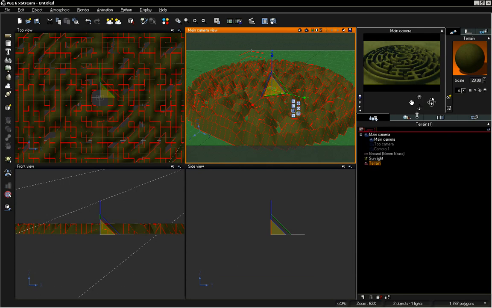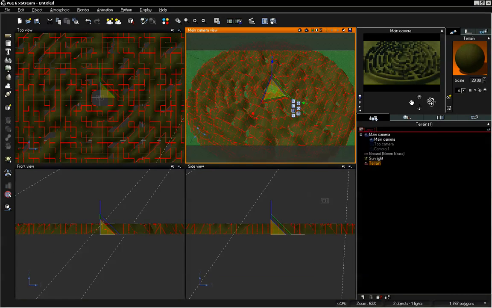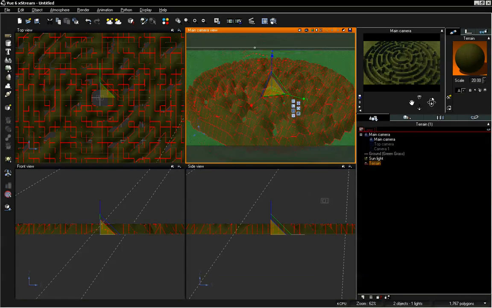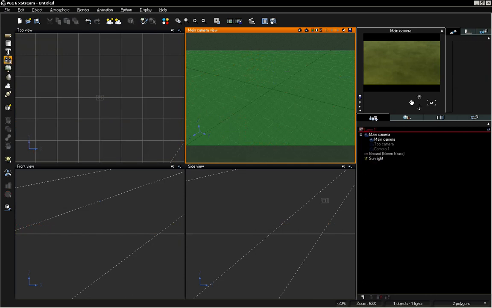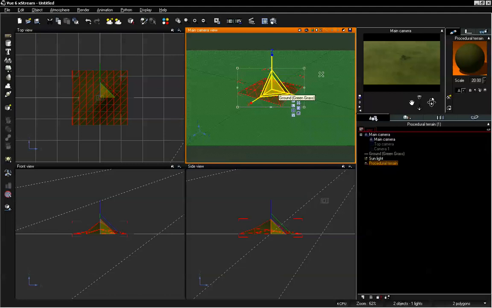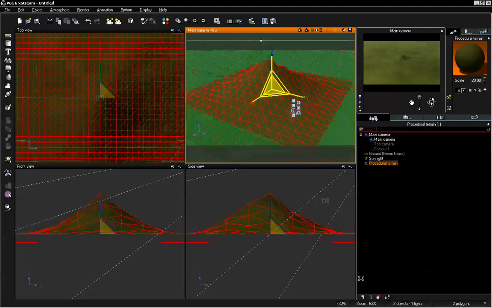Now, the main problem with this technique is it looks a little too perfect because we had perfect circles for our image map, so we really don't have a whole lot of variation to really make this look as real as it could. So I'm going to delete our terrain, and what we're going to use now is a procedural terrain, so I'll go ahead and load that in. I'm going to scale up our terrain a bit,